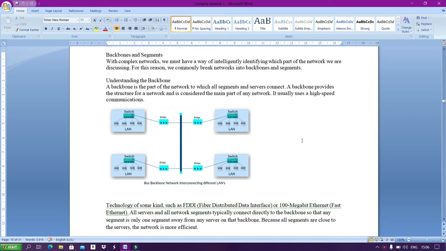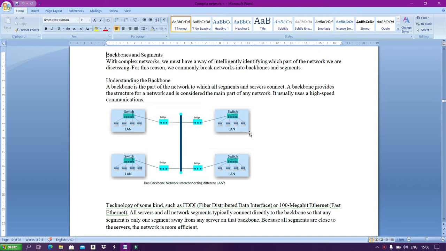We are discussing. For this reason, we commonly break networks into backbones and segments. Understanding the backbone. A backbone is a part of the network to which all segments and servers connect. A backbone provides the structure for a network and is considered the main part of any network. It is usually a high-speed communications